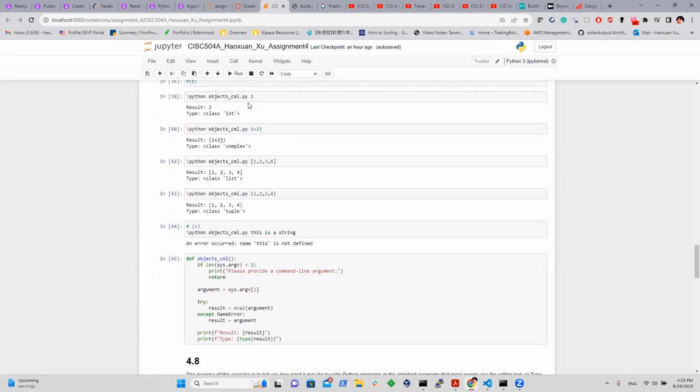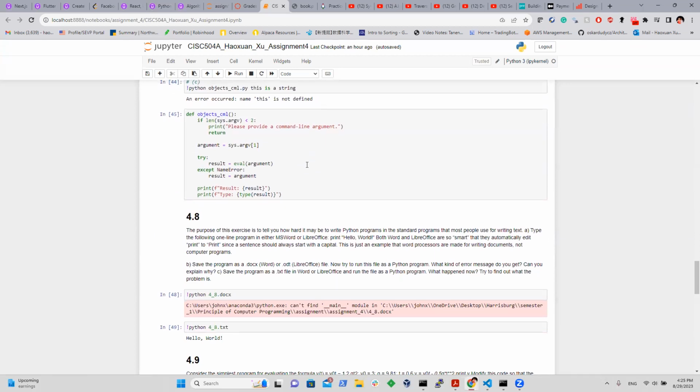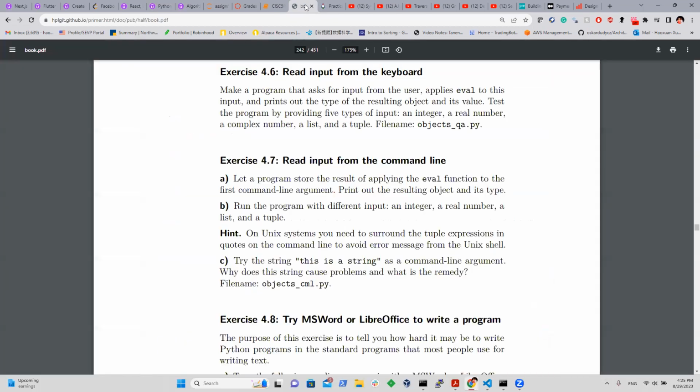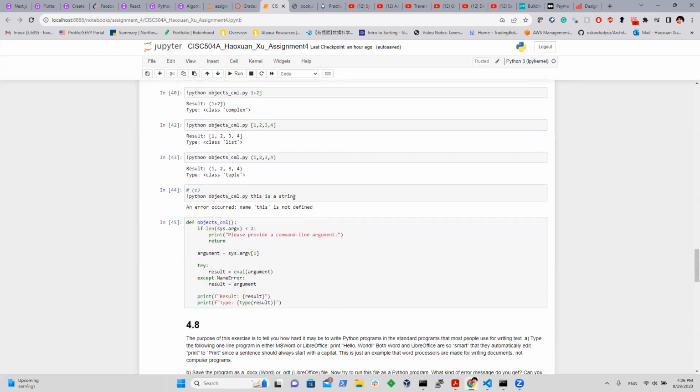So going for B, I'll be going through all these input parameters. You can see that it's showing the result as well as the types. And then we'll have an object CML. This is part C. Oh, for part C over here,